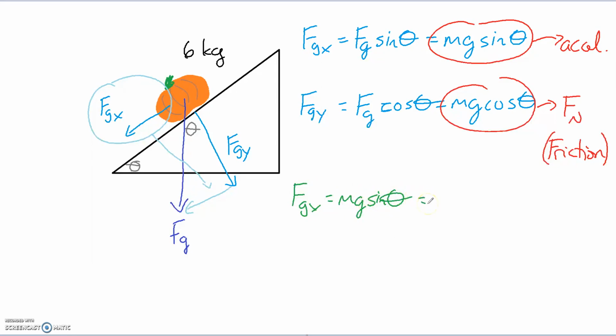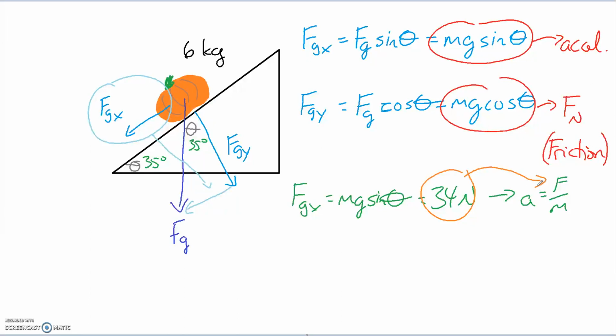I can put in my 6 kilograms, and if my angle is 35 degrees, I do mg sine theta and punch it out, and I will get an FGX of approximately 34 newtons. This is the force that would cause it to accelerate, so if you want to calculate the acceleration, it'd be Newton's second law, F divided by m,